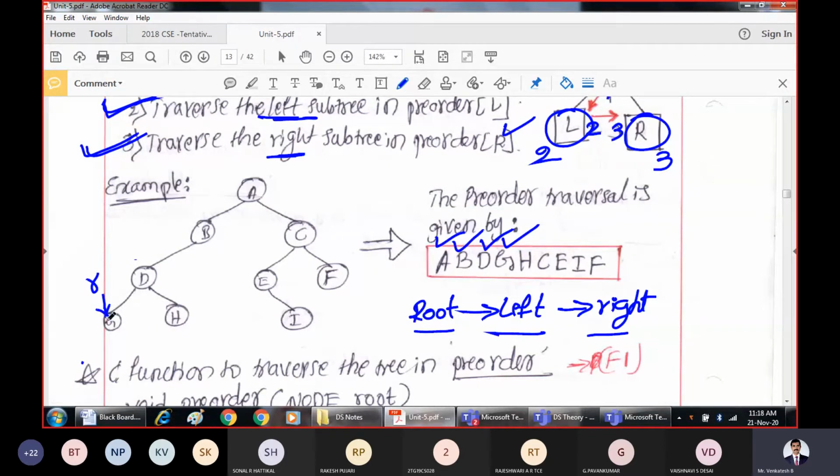Now once you print the root node, what was the procedure we were following? Root, left, and then I should go to the right. Now what is over? Here, root is over, left subtree is over. Now I should go to the right subtree. After processing this, as there is no left subtree, come back. As there is no right subtree, come back. Then from here,